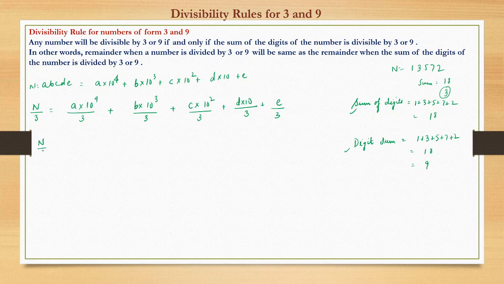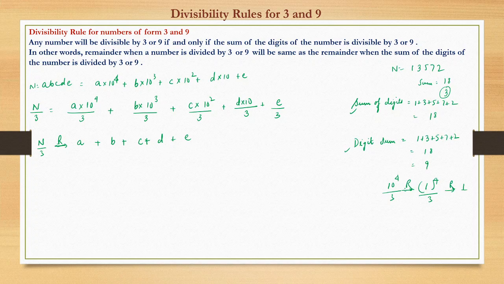Now from the remainder theorem we know what remains here. I'll just show one. 10 raised to power 3 is nothing but 3 3 are 9, so what remains is 1. So it will be 1 raised to power 4 by 3 from the remainder theorem. So the final remainder would be 1. So here the remainder is 1, right? Plus here also, when 3 divides 10 raised to power 3, the remainder would be 1. So 1 into b, here it will be c into 1, then it will be d plus e.